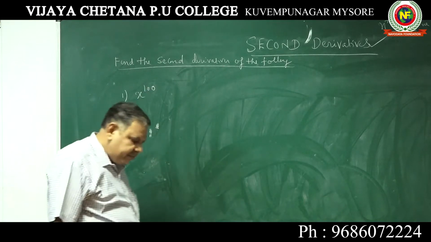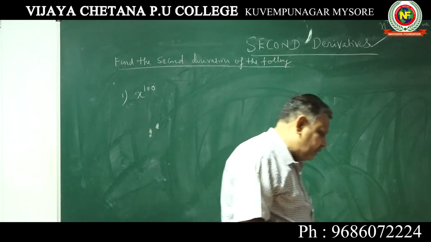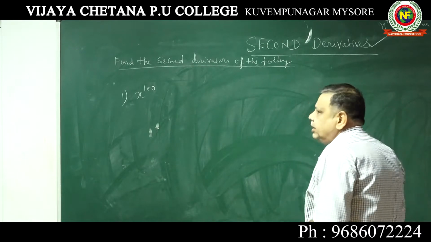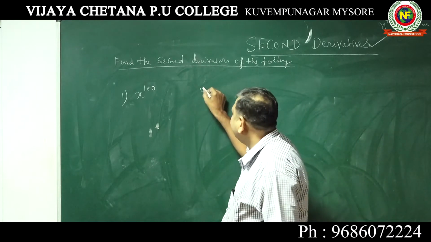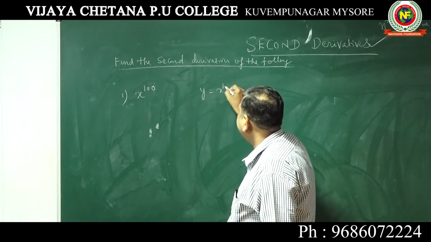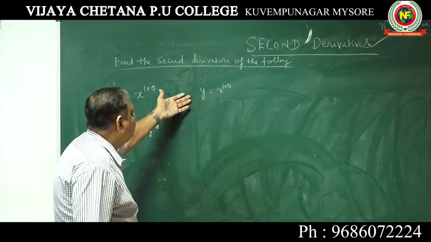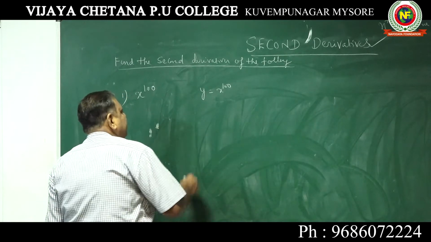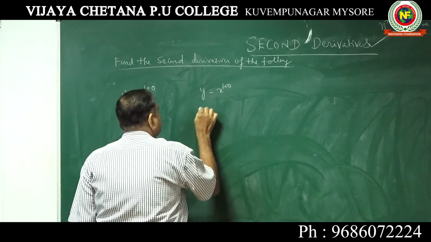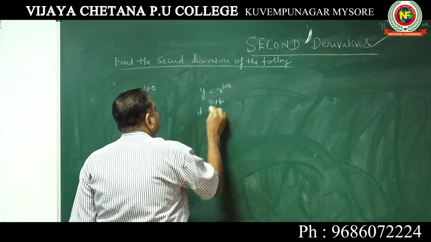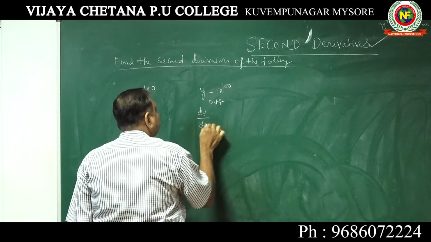Find the second derivative of the function x to the power of 100. I told you, whenever they give it like this, you take y is equal to x to the power of 100. The first derivative is y1, you can write y1 or dy by dx. Nothing is given, so differentiate with respect to x. You will get dy by dx equal to